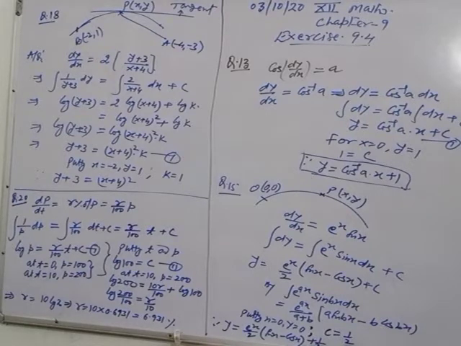Okay. So here directly you can write by formula: the integral of e^(ax) sin bx is e^(ax) upon a squared plus b squared into a sin bx minus b cos bx. This is the formula of e^(ax) sin bx. Here a and b both are 1. So putting in the formula, you will get the integral of e^x sin x, that is y is equal to e^x by 2, a squared plus b squared is 1 plus 1, e^x by 2 into sin x minus cos x, plus c. So this is your equation of the curve.